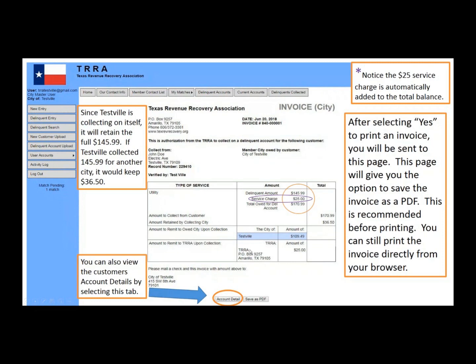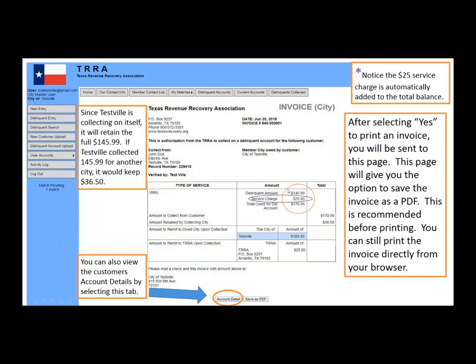So in the invoice, it automatically calculates how much the city would keep, or the city would send to another city if it was another city altogether that was owed. But in this instance, because Tessville's collecting on itself, and because most collections actually come from the city itself, this is the example that we're showing you.